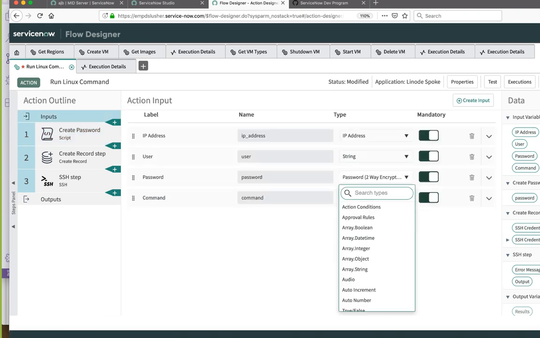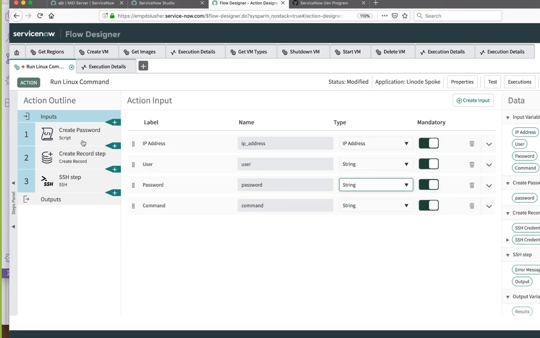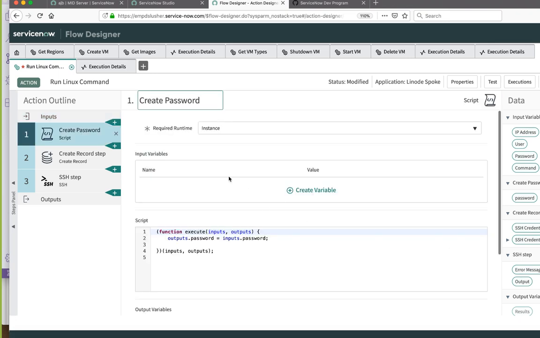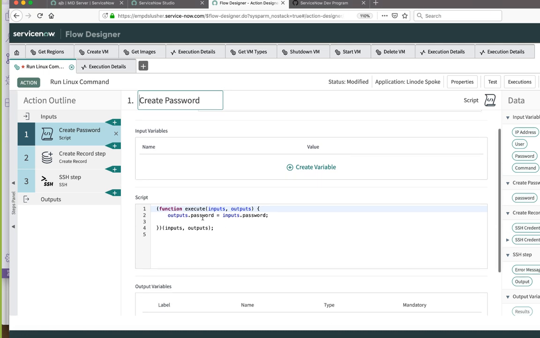Ooh, Flow API has got set encrypted output. Interesting. All right, so create build password 2 variable values inside a script step. There is an API specifically for this. Okay, so this will not automatically do it. I need to do another thing. Is it a syntax you can easily tell me? Yeah, it is.